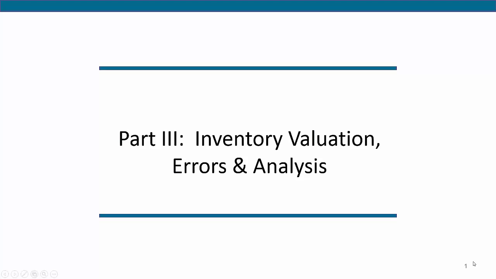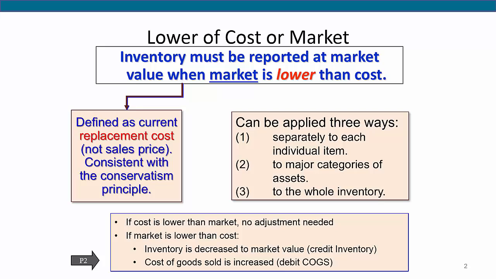Welcome back. During this third part of Chapter 5, we'll talk briefly about the conservatism principle with respect to inventory valuation, what companies do when they make an error in inventory, and a couple more tools for your financial analysis toolbox. We explained how to assign costs to ending inventory and to cost of goods sold using one of